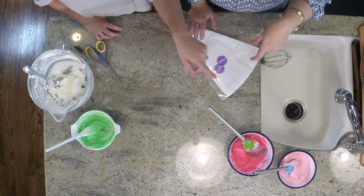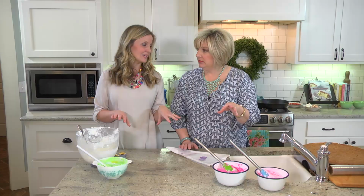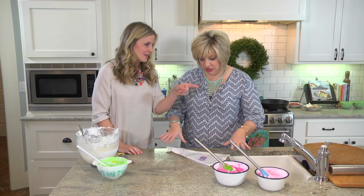And then we'll use the dark pink, light pink, and white that's left in the bowl to make a 3-toned icing to make some really pretty rosettes around the outer edge of the cookie cake. I love that. Okay, so let's do it. So you are going to show us how to use...